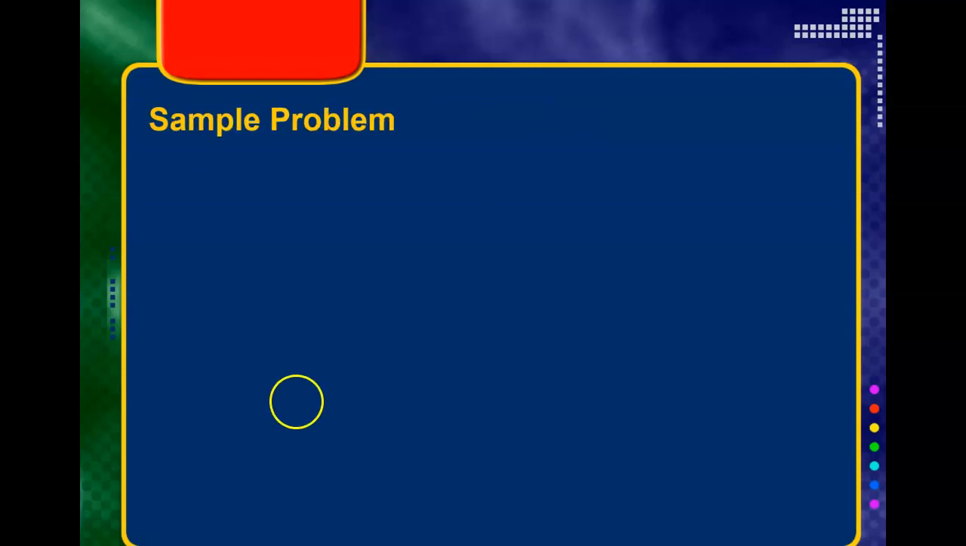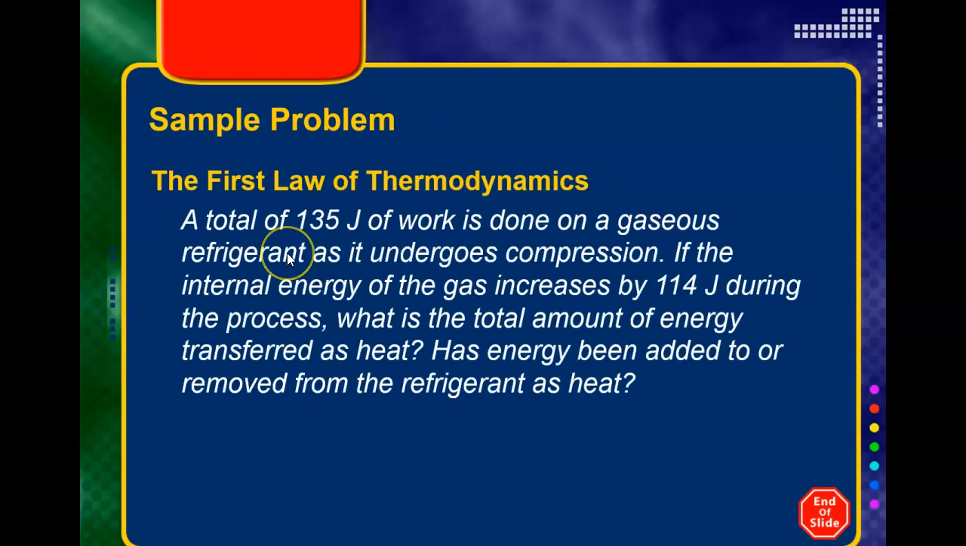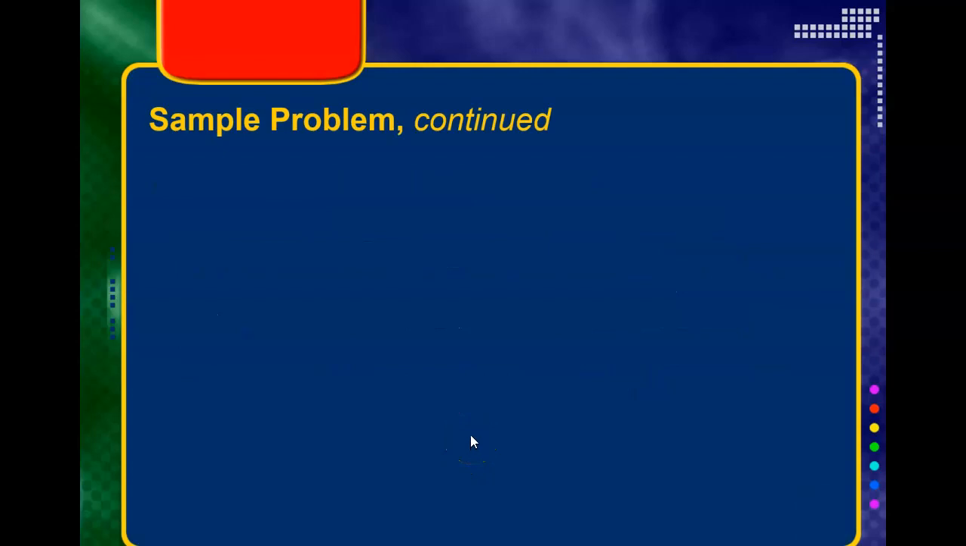So, a sample problem here. A total of 135 joules of work is done on a gas as it undergoes compression. If the total internal energy of the gas increases by 114 joules during the process, what is the total amount of energy transferred as heat, and has the energy been added to or removed from the refrigerant as heat? Refrigerant, things that cool things down like your refrigerators. Okay, so